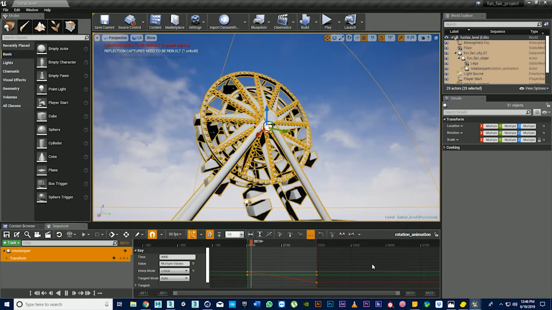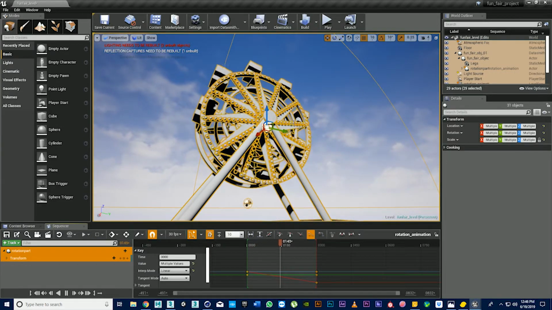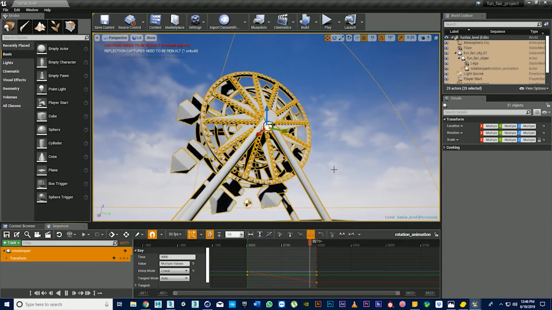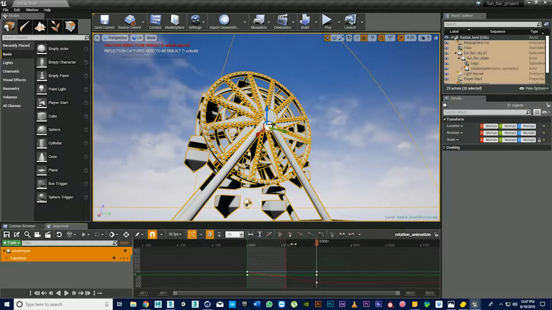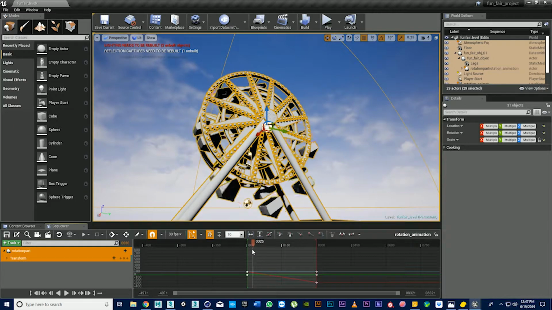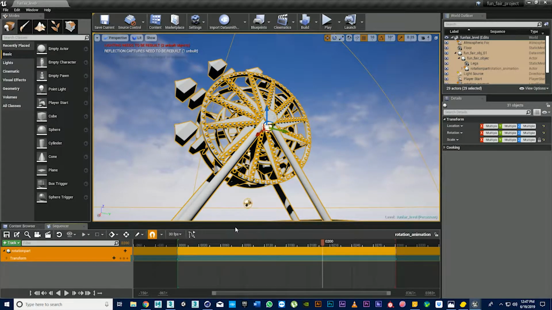So now it is in a constant rotation speed or linear rotation speed. We don't have to worry about the slow and faster animation in the start and the end because it is now gone. Come back to our normal editor